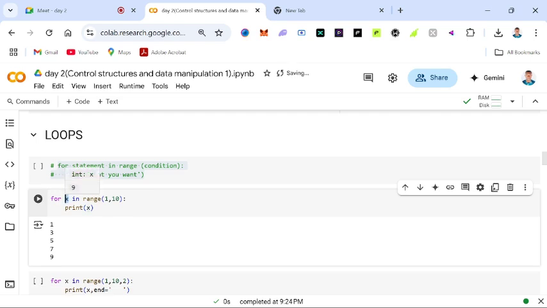Now, in a for loop, you don't need to define the x. The x automatically carries the number that defines it from this range that you give it. So the very first number,